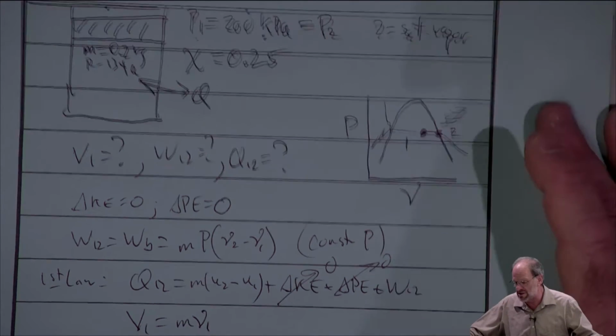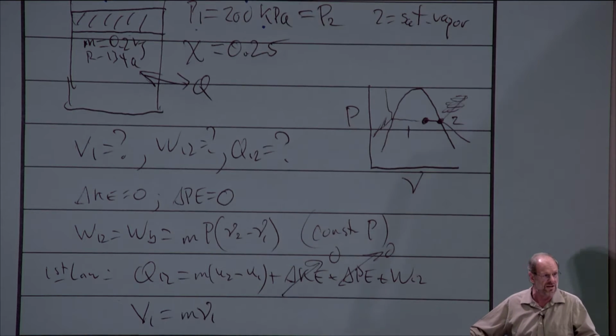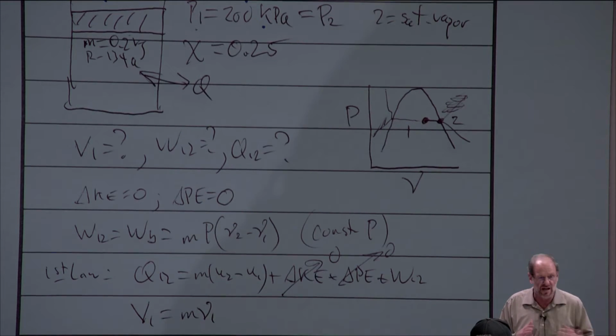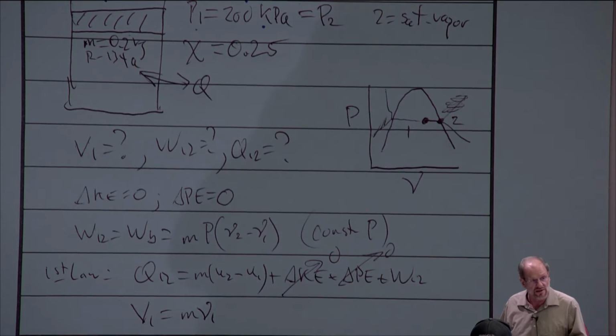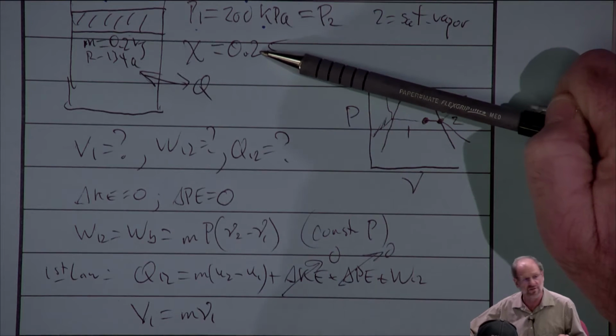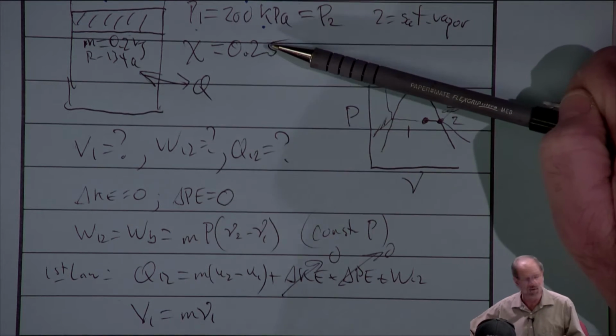So with these equations, we'll ask ourselves, do we have enough information now to solve the problem? Before I even solve anything, we just say, well, yeah, right? We know that as long as we know my two state points 1 and 2, I can go into my property tables and find any property I want. Now, quality counts as a property, right? So we know the pressure and that the quality is 25%. So yes, we know state point 1.